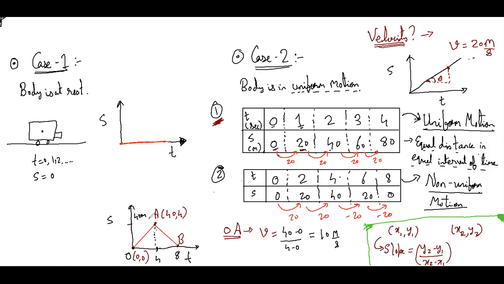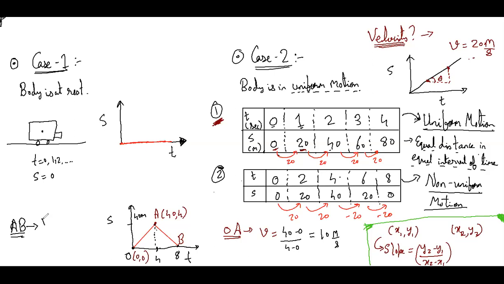Now, can you tell me what is the velocity between A and B? So minus 10 meter per second. Okay, so Anushita is saying minus 10. Pawan is also saying it. Why suddenly did it become minus 10? Why did it become negative? Deceleration is minus 10, or retardation is 10 meter per second squared.